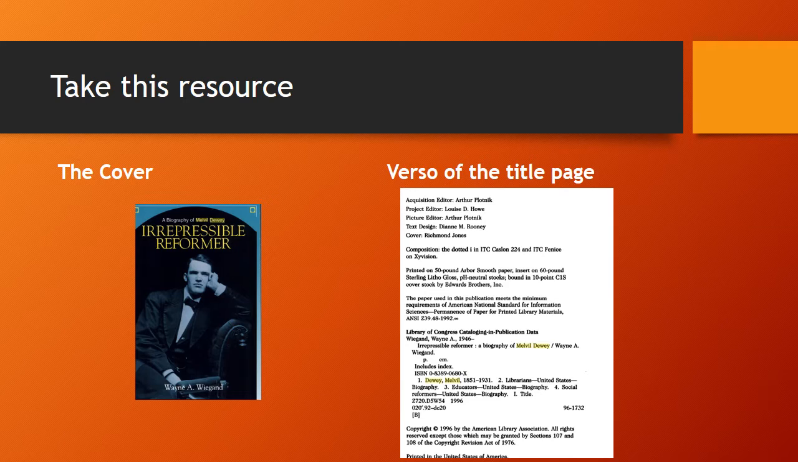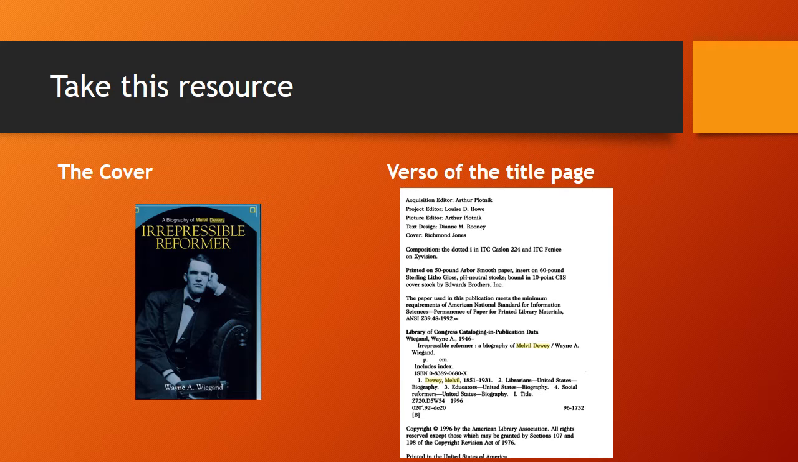We also get information from the verso of the title page, but look how much information we leave out. Okay? We don't talk about how it was printed or composed. We don't pay attention to who did the text design or the cover. If we were looking at this book as a work of art, we might be very interested in those kinds of things. But as librarians and